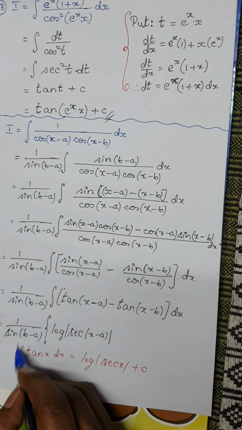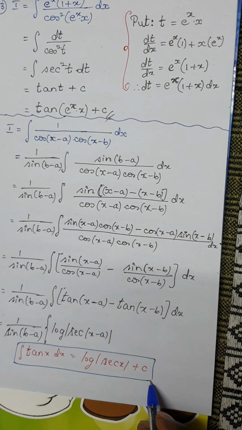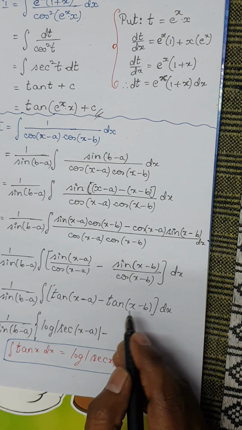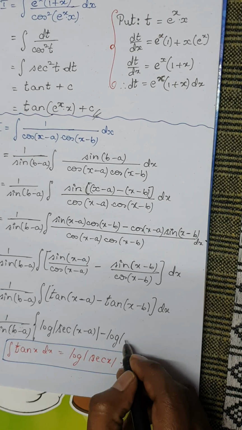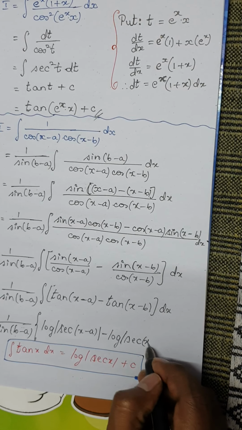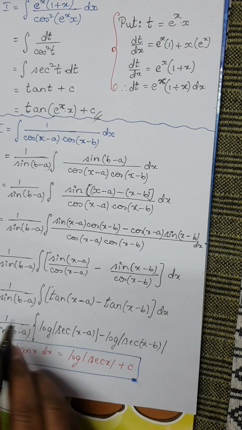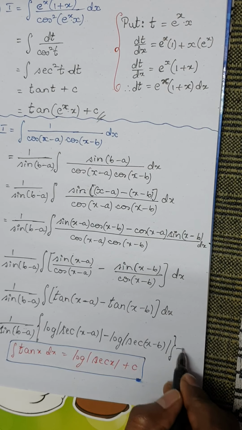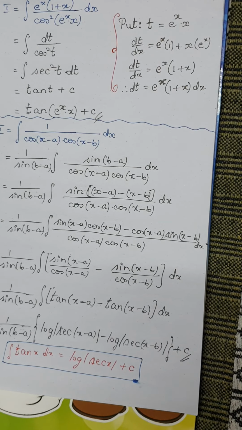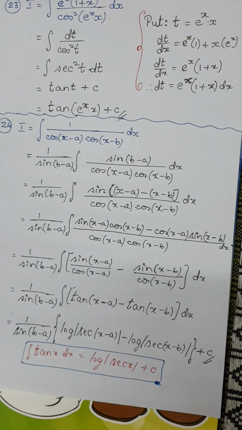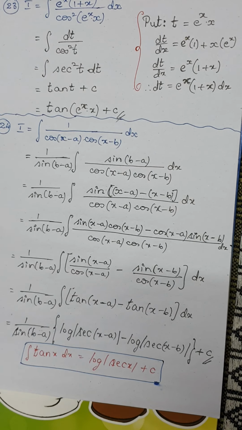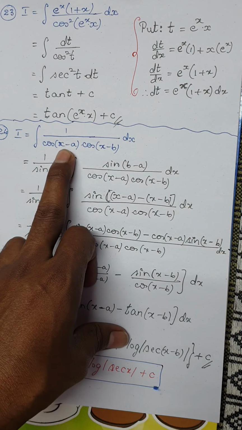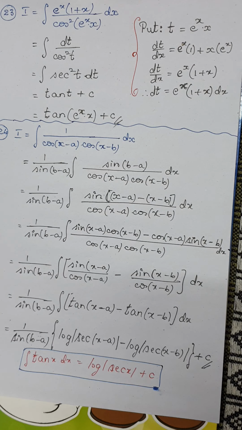I am using this result here, remember. Plus, now minus I have, let me keep this minus as it is. Now integral of tan of x minus b is nothing but log of mod secant of x minus b. Both the terms are multiplied by 1 divided by sine of b minus a, plus c, which is the constant of integration, and this is the final result for the above given integral. Is it clear? Only thing is you can practice these questions. Only if you practice these questions will you know what to do looking at the question.